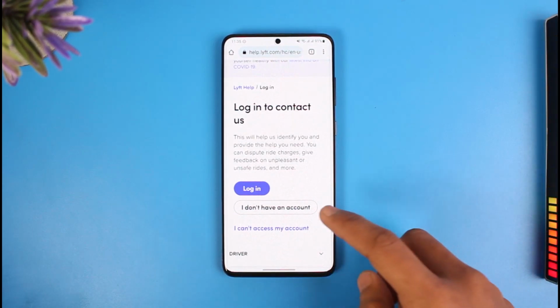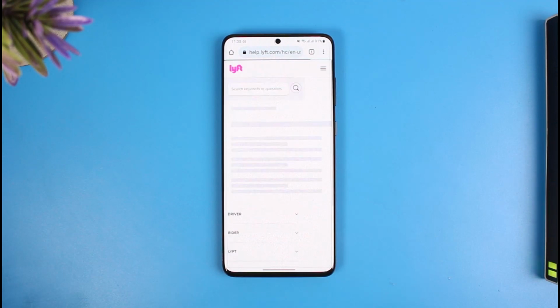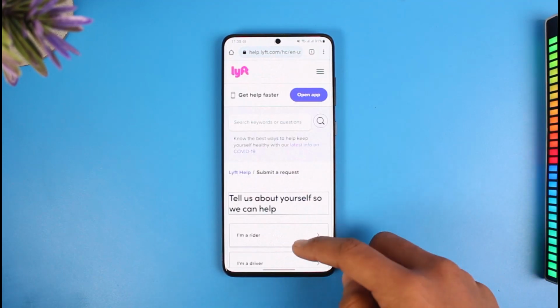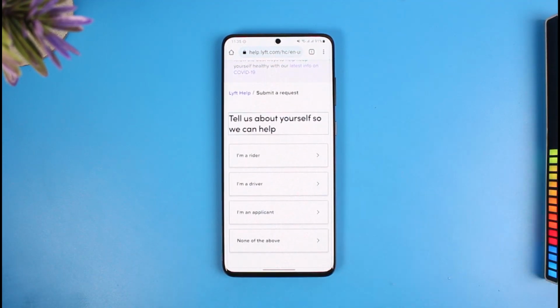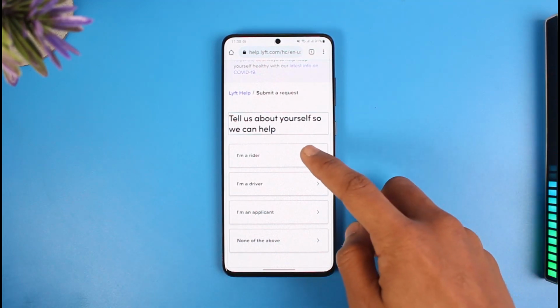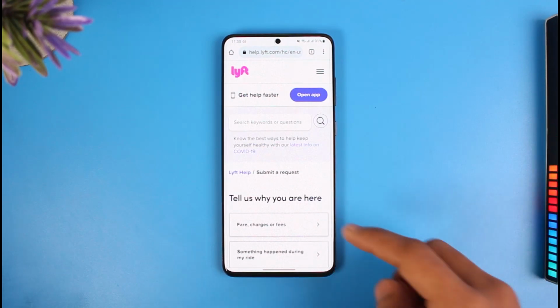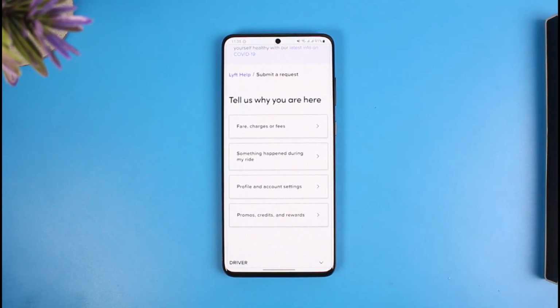But if you don't, then you can just select the option called I don't have an account, and as you've done that, you'll be able to see this: Tell us about yourself so we can help. Since you're a rider trying to complain about the driver, just select the option called I'm a rider. Once you select I'm a rider, just select what you're trying to complain about,